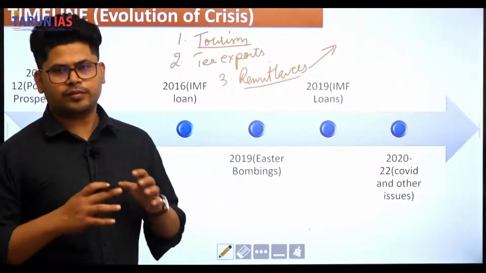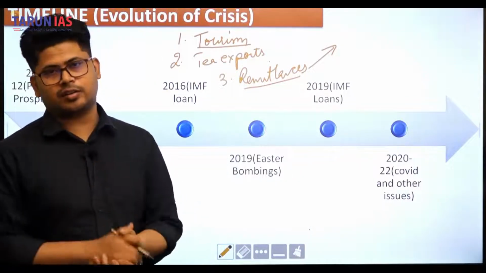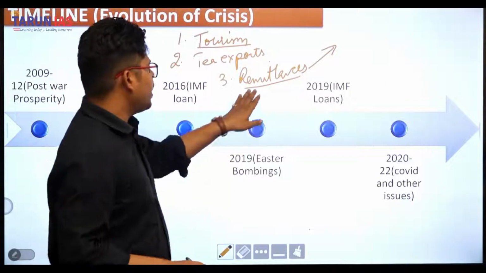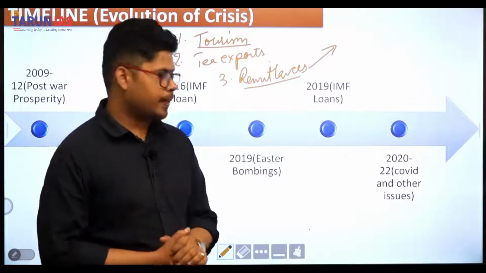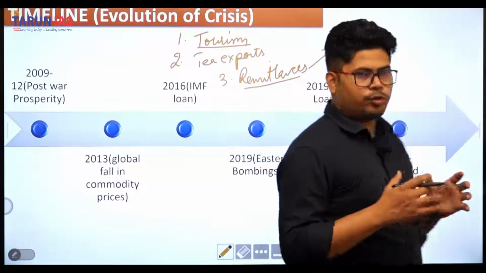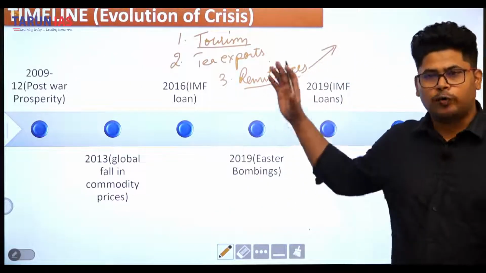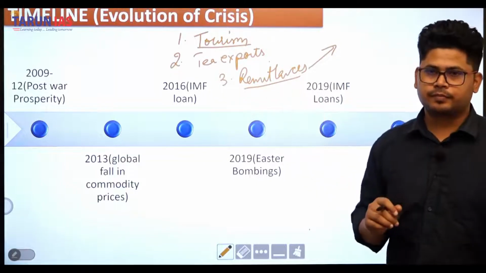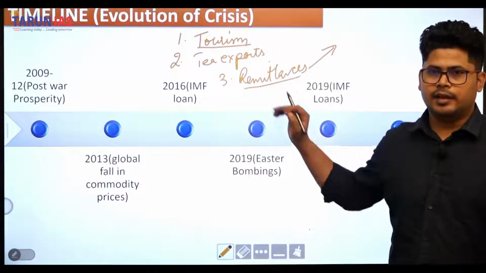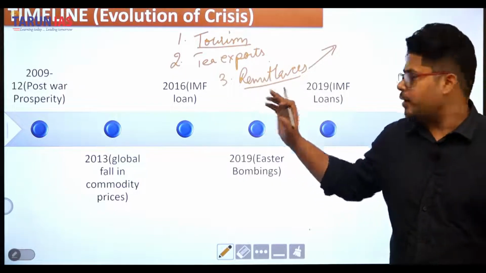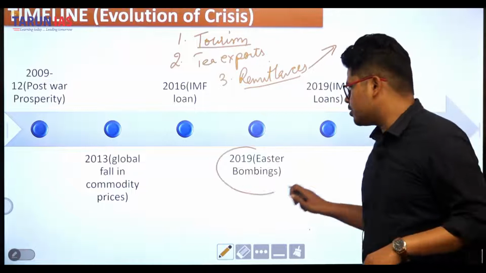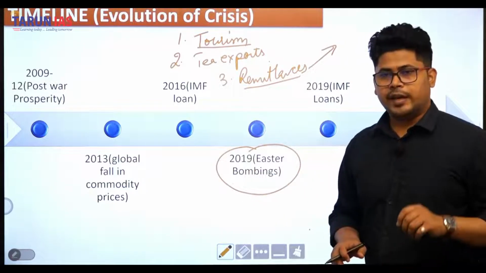So the majority of these remittances come from Central Asian countries. Similarly, the majority of the remittances in Sri Lanka come from Central Asia. Now you have a basic understanding of what went wrong with the Sri Lankan economy post COVID. These sectors were very badly hit post COVID, but in 2019 Easter bombings took place where many churches and